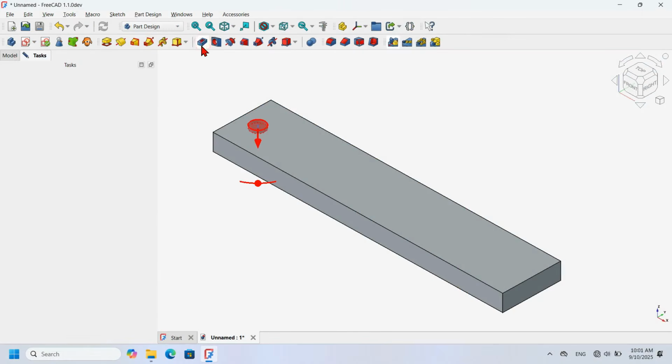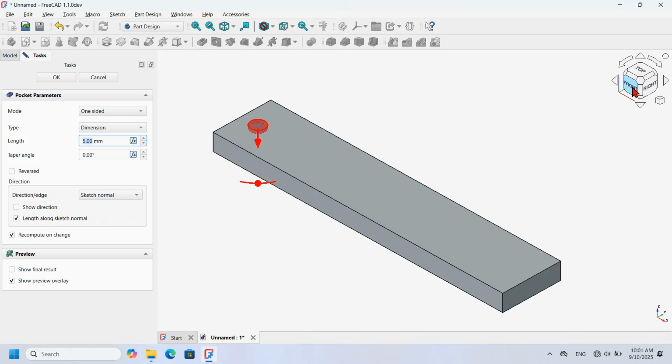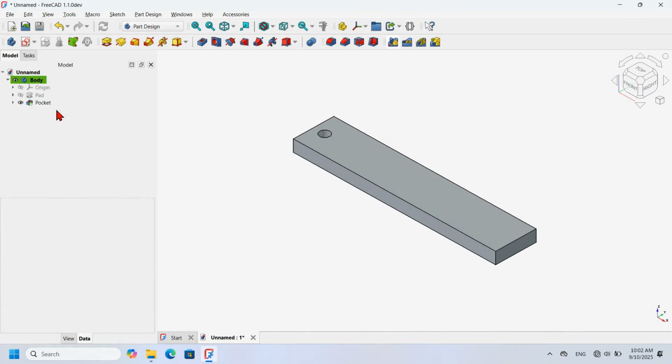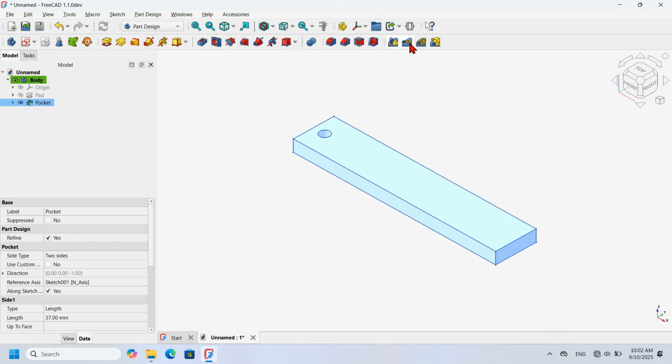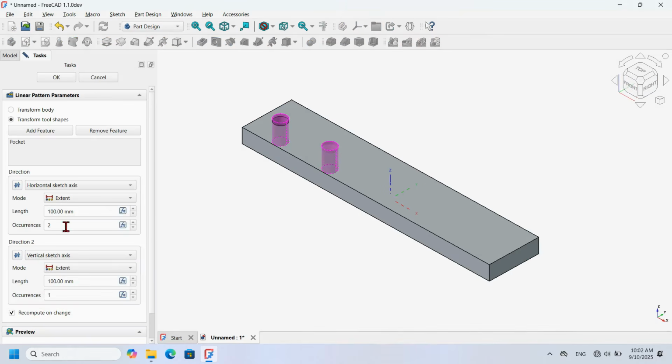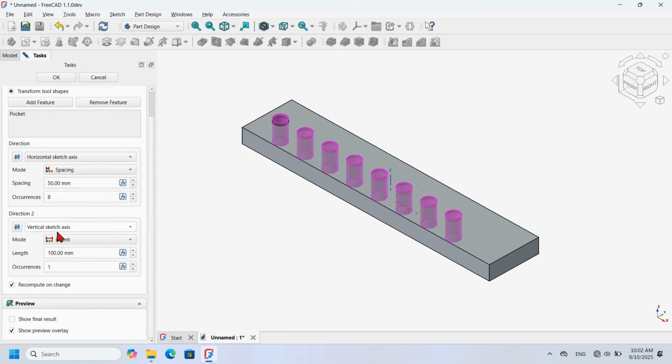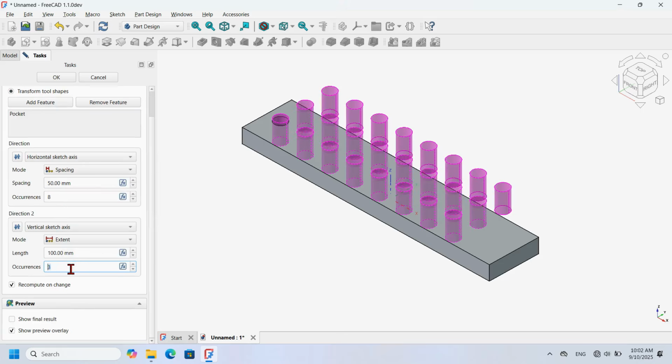Finally, there's a preview for PartDesign operations. For example, in a linear pattern operation, you can now see a preview of what you are doing or creating. You can also disable this feature to show only the final result if you want. In addition to this new functionality, most tools interfaces have been improved for the PartDesign workbench, and there's more to